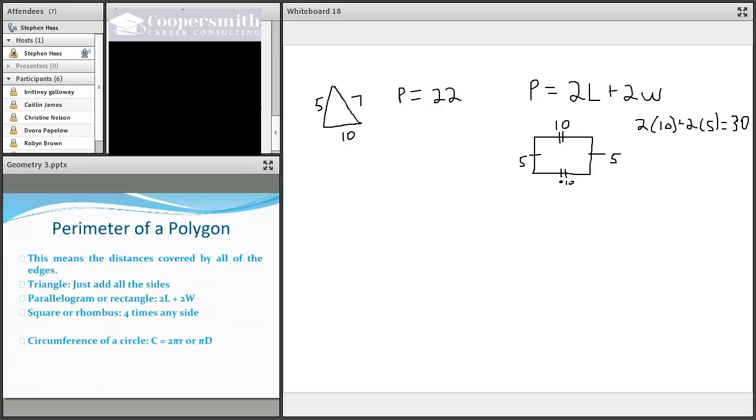Now, this formula becomes important. You may take one look at it and say, "Well, that's easy. Just add them up. Do the same thing." Well, it becomes a little bit more complex when you're told something like this. Let's say you're told you have a rectangle, and you are told that the length